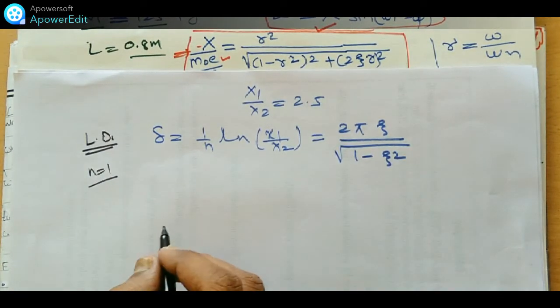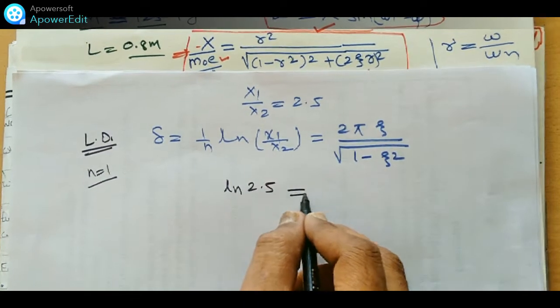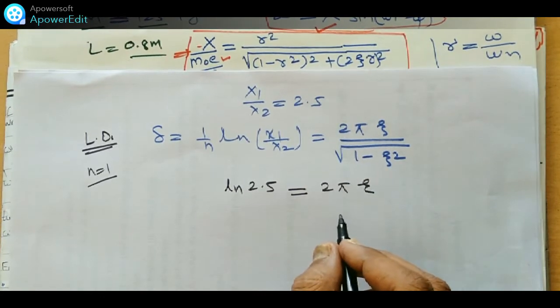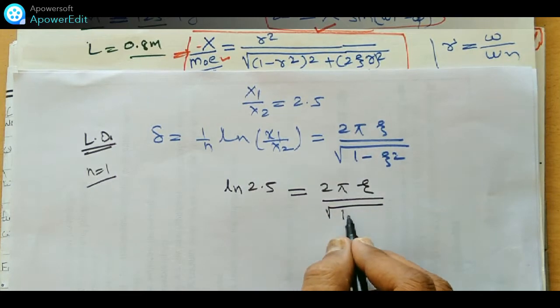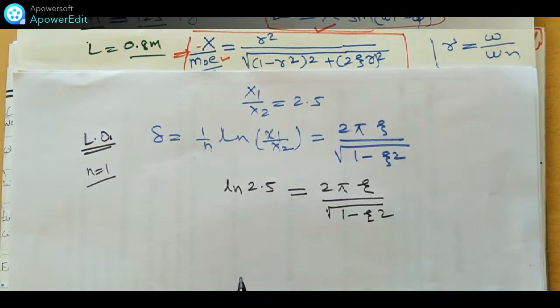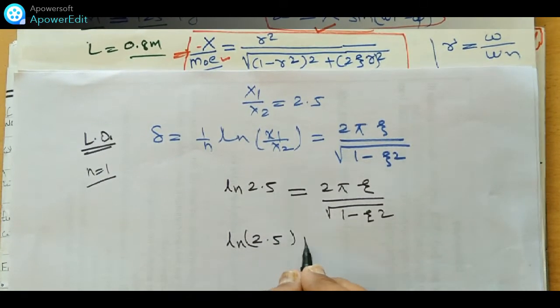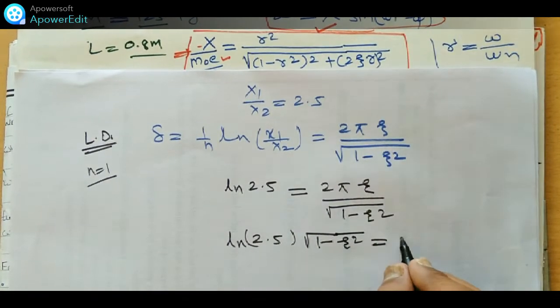So we can write like this: ln 2.5 is equal to 2 pi zeta upon root of 1 minus zeta square. Squaring on both the sides, we can write like this also: